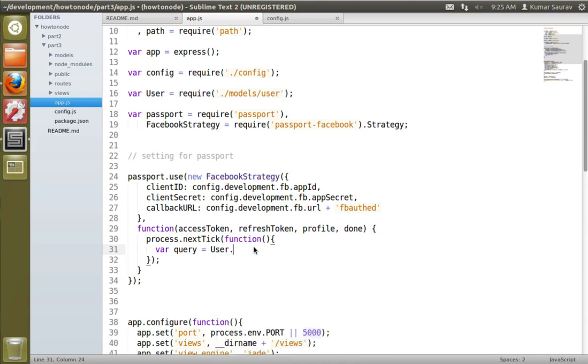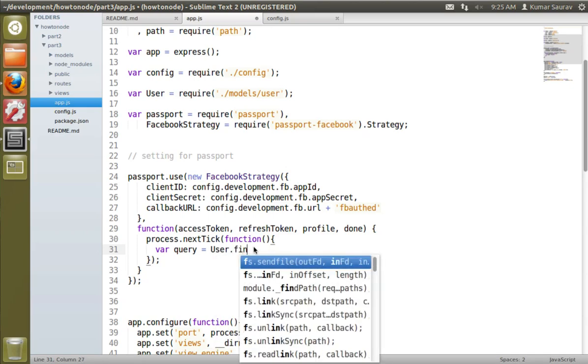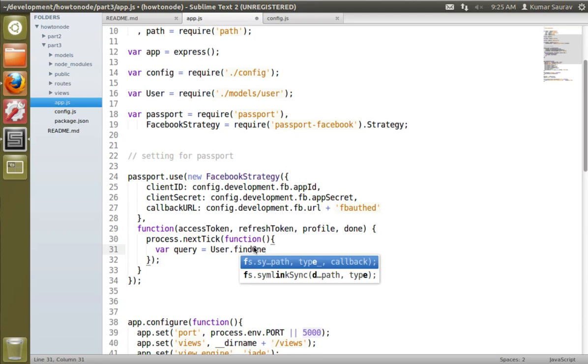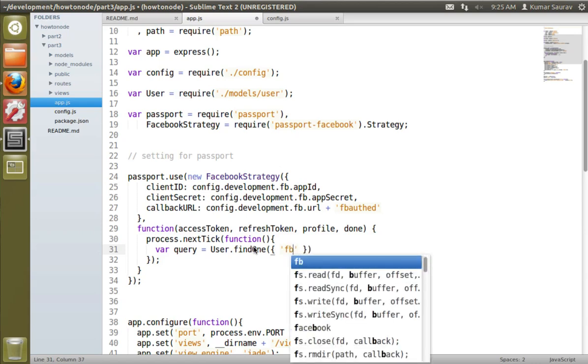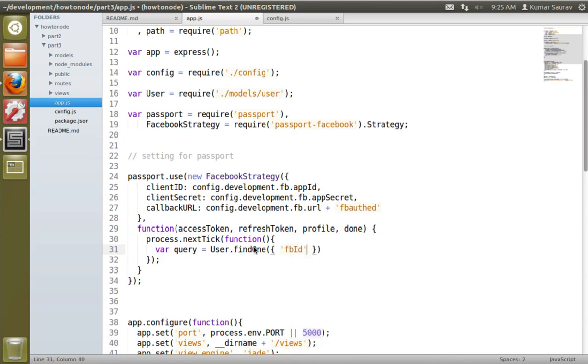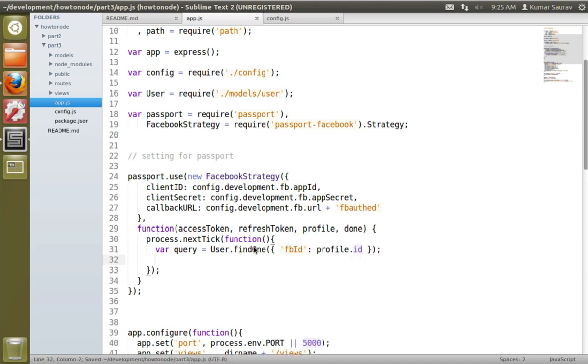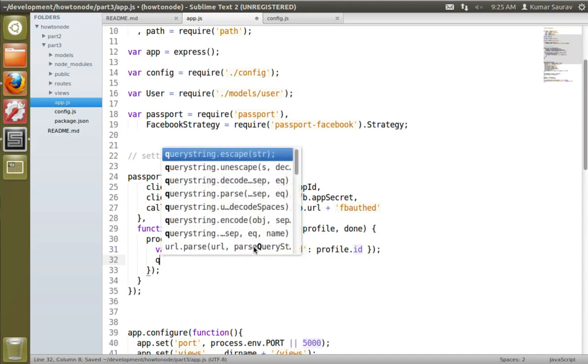User.findOne, and we'll query the user by its fbID, and we'll say if it is equal to profile.id, and we'll execute the query